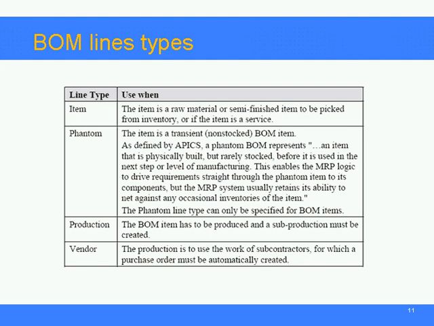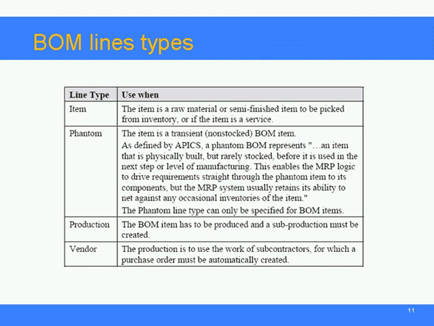BOM line types. We talked earlier about line types: item, phantom, production, and vendor. Item. Use when the item is a raw material, or semi-finished item to be picked from inventory, or if the item is a service. Use phantom when the item is